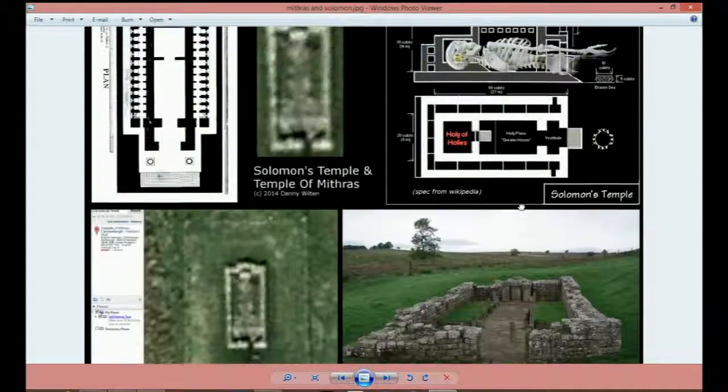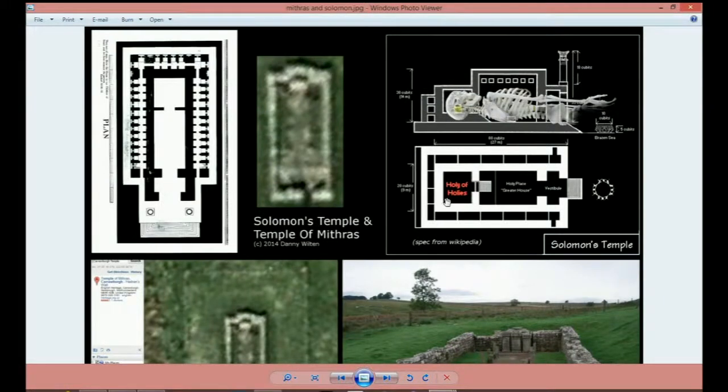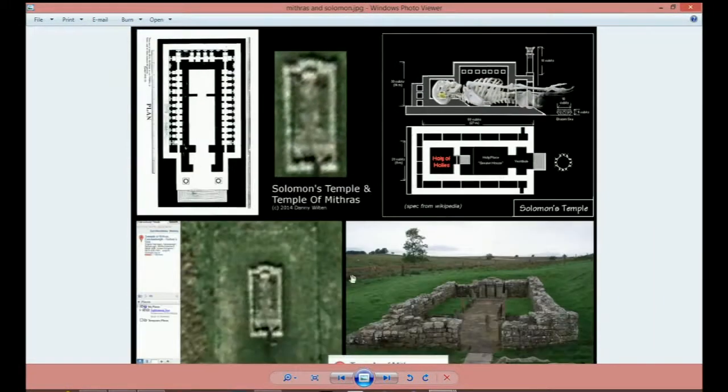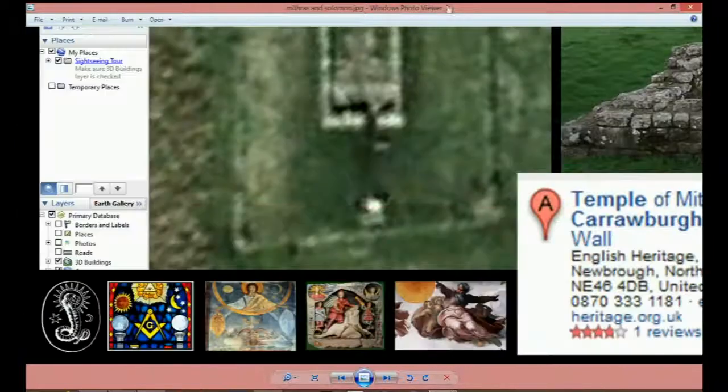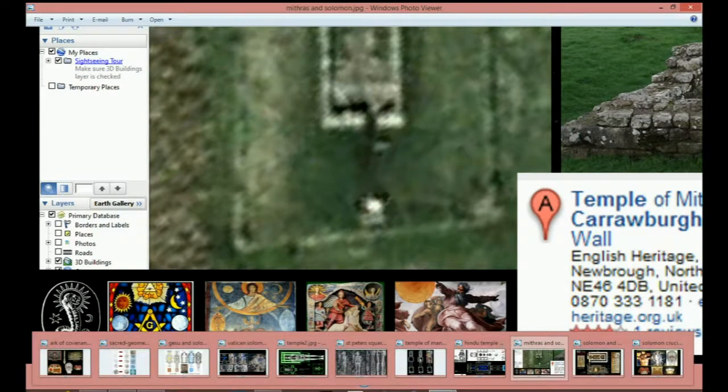This same design is found in temples as we start moving up in the centuries. This is Mithras, but this is more showing you that it's the same thing. Now, another one I wanted to show you real quick was,